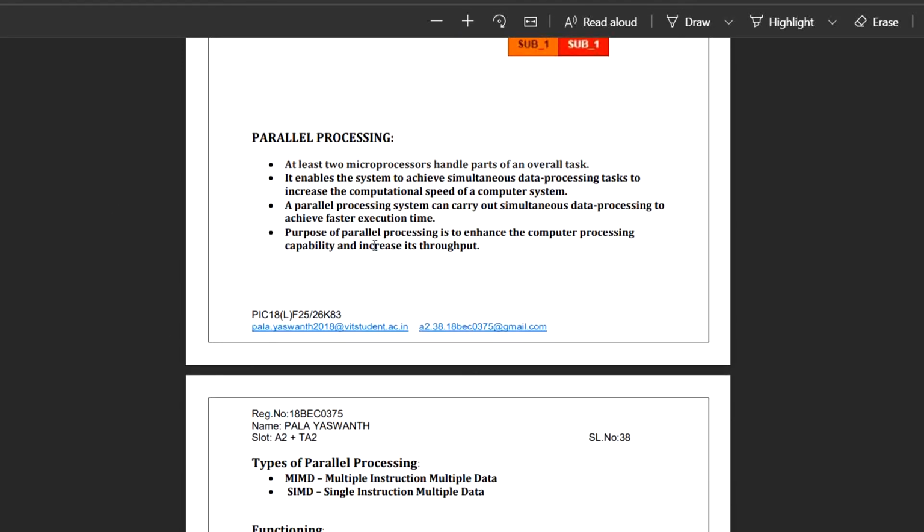In the microprocessor the pipeline flow goes like this, which a clear block diagram has been shown here, and at the same time parallel processing is a different process, one of the other processes which is carried out.